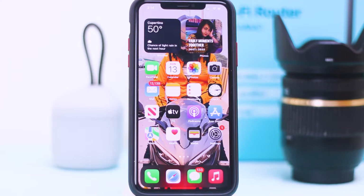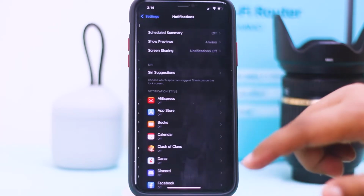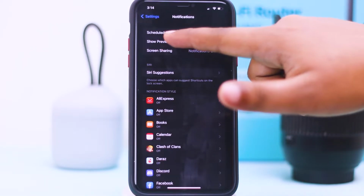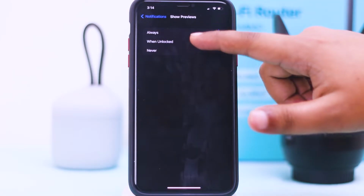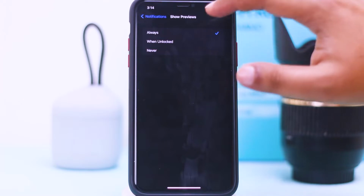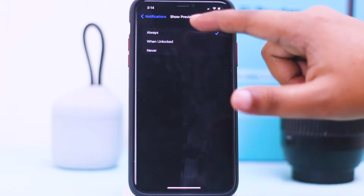And to fix the problem, the very first process, you have to go to Settings, then tap on Notifications. Here you can see the Show Previews option. Make sure your Show Previews is turned on to Always, and this is the most important thing. You should keep it turned to Always,